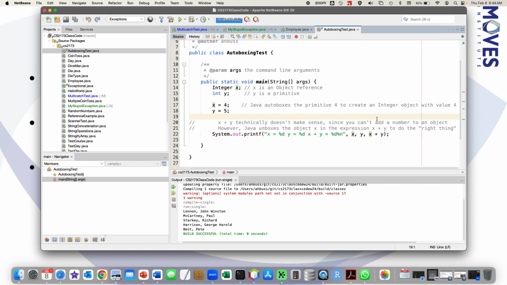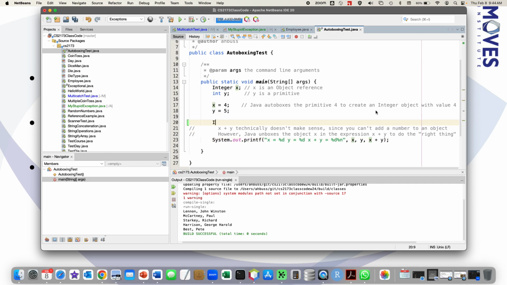And this will also work if I have yet another object. If I just add two of them together, okay, so here now I'm adding two integer objects together, and it sees the plus, and again, that makes it